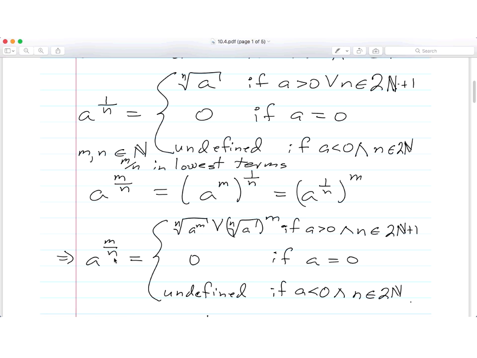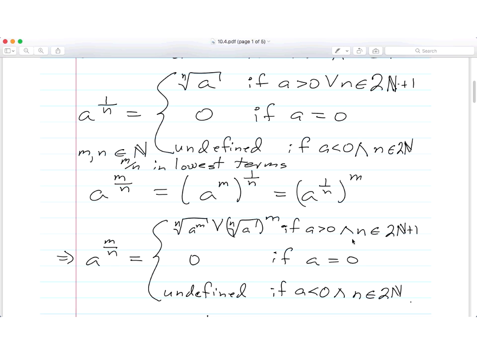A to the power m over n is equal to the nth root of a to the m, or, if you so like, it is the mth power of the nth root of a. And this is so long as everything is defined, a is greater than 0 and n is an